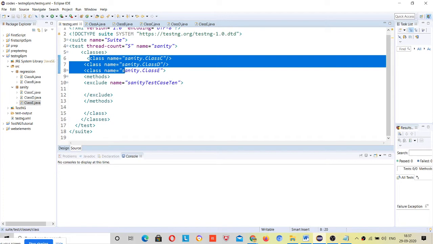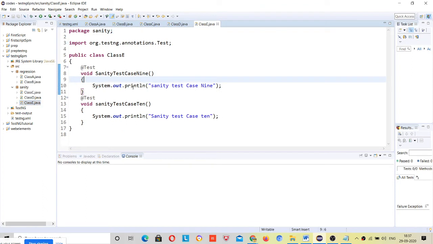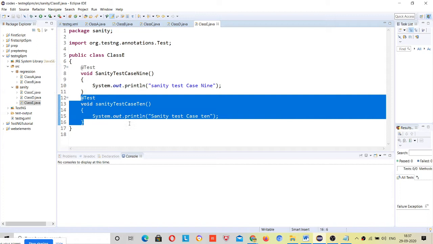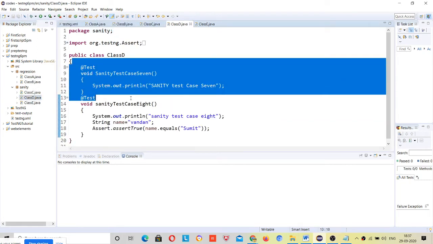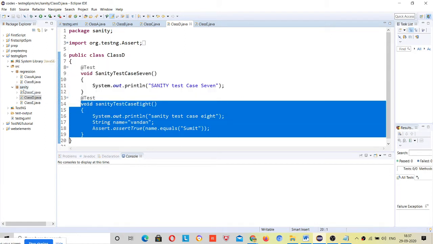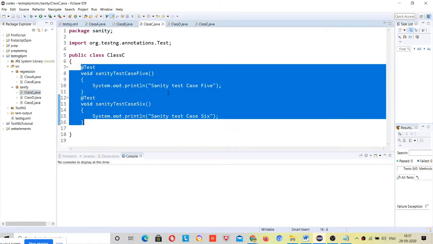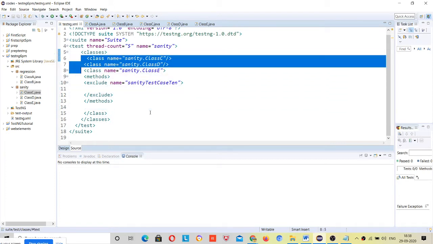and suppose inside this sanity test cases I ask you to run only this method from class E and this method from class D. Then excluding would take some time, because I would have to exclude 5 to 6 methods. Just include those two methods, this will be enough, right? So here inside classes, let me remove other things.